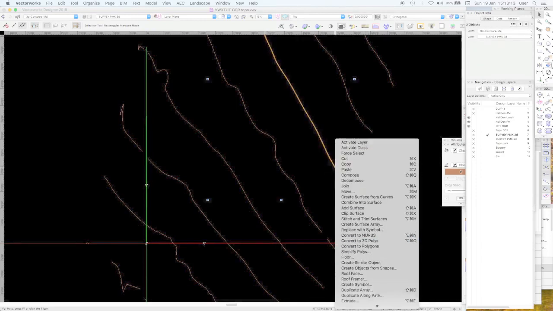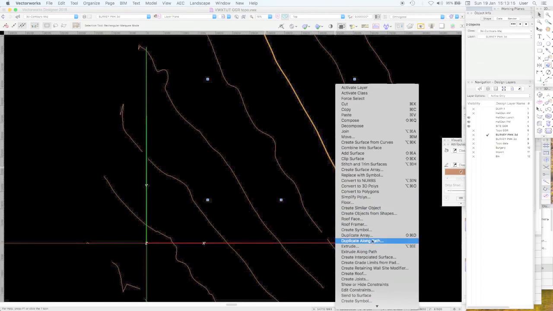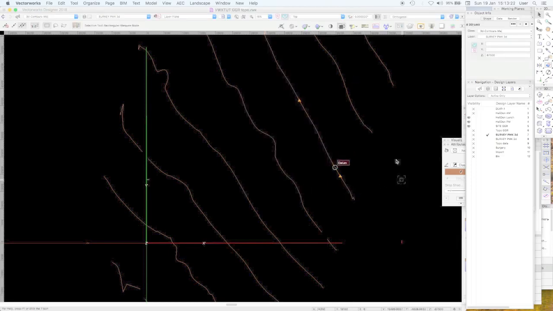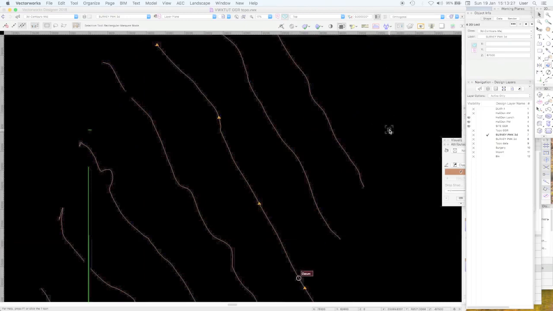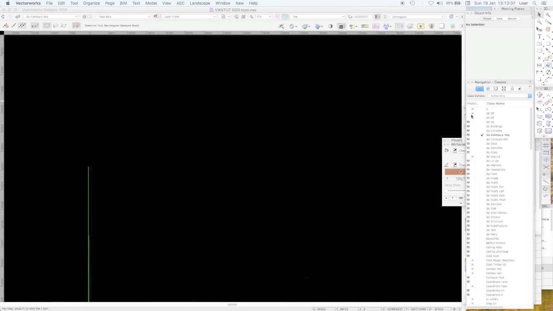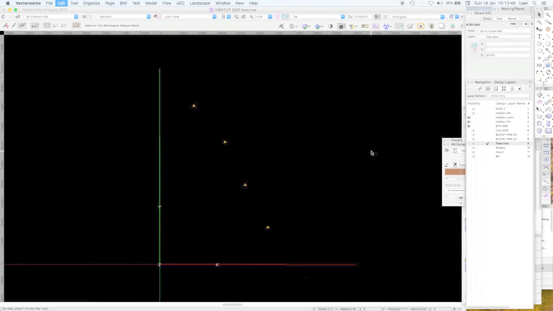Select your polygon and duplicate along path, at fixed distance intervals of maybe 25 meters is enough, and make sure that they all retain their Z value. If you want to do that, you can take those points out, and I've made a layer called Topo Data. Let's turn all the classes back on. This should just, oh, it seems to have gone. Okay, well, it was all of those points